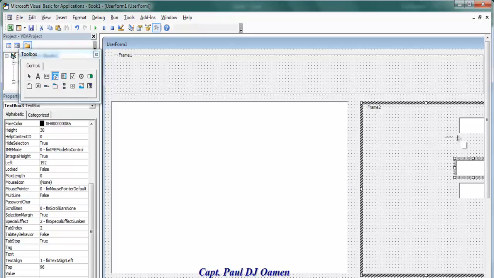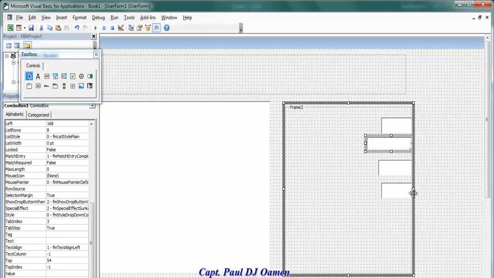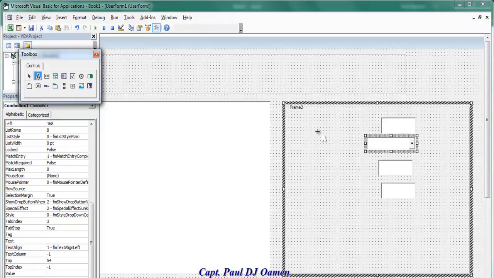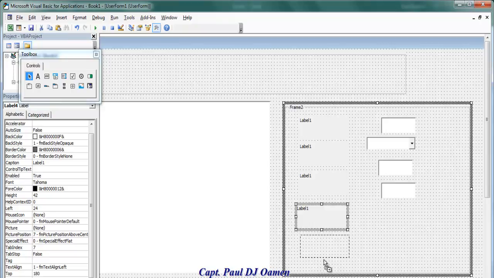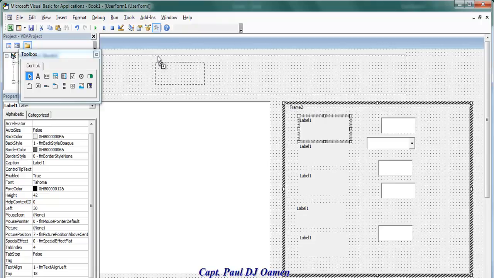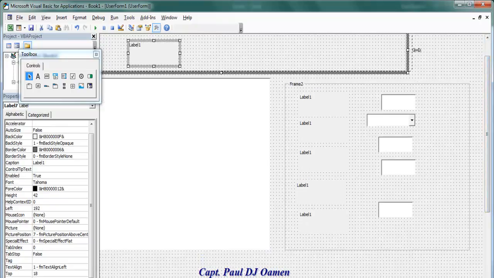Get a combo box in place. Let's move it so that you guys can see it there. Now we need labels. 1 label, 2, 3, 4, and 5. Yeah. Then we also need a label in here. And right underneath here we're going to need